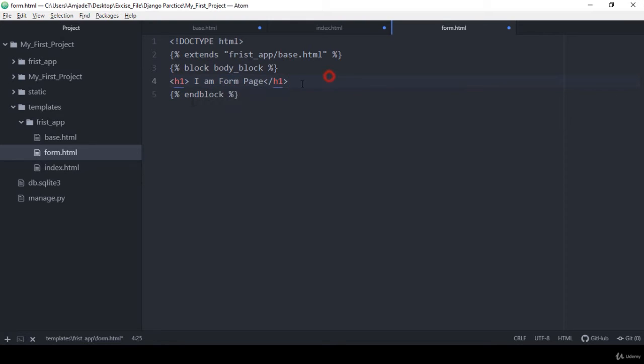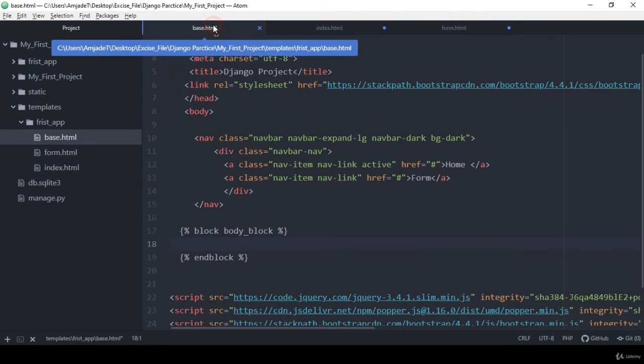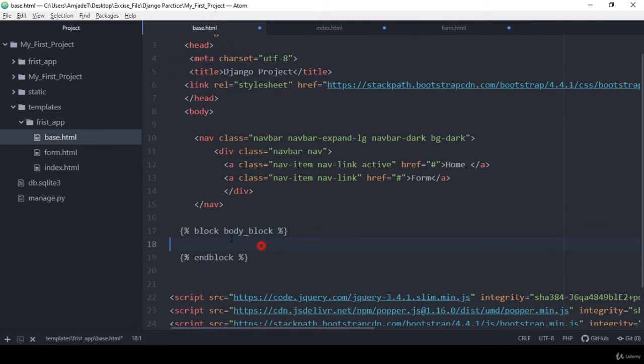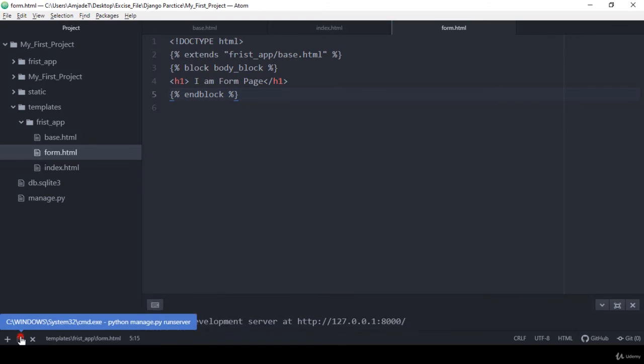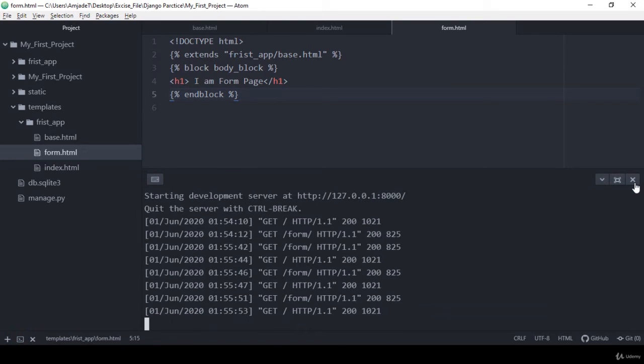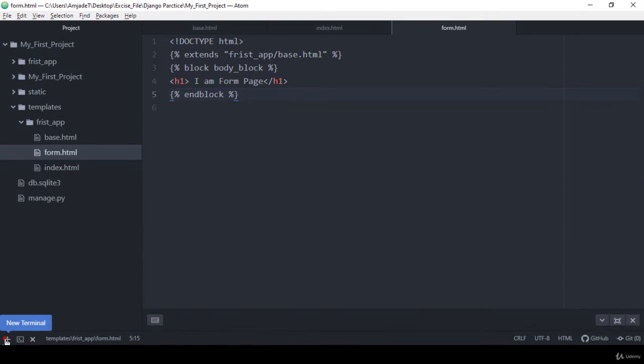Okay, form page. So this specific location will be loaded into the base. Here I have defined our block as a body block. It should be loaded here. Okay, so now I click Save All. That is our server. I'd better run our server again